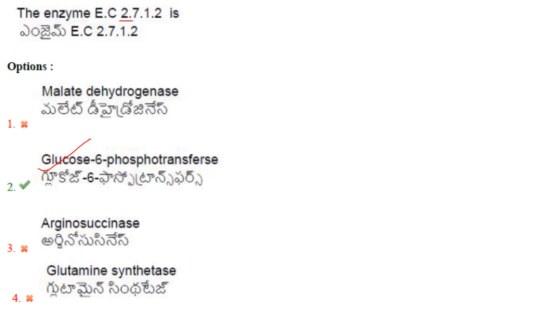The enzyme EC 2.7.1.2 is. So what do these digits represent as per the enzyme commission number or EC? So what does 2 represent? What does the 7 represent? What does 1 represent? And what does 2 represent? So the first digit denotes